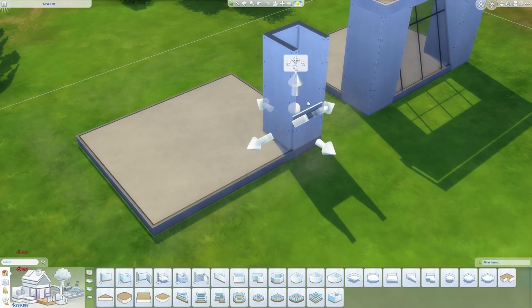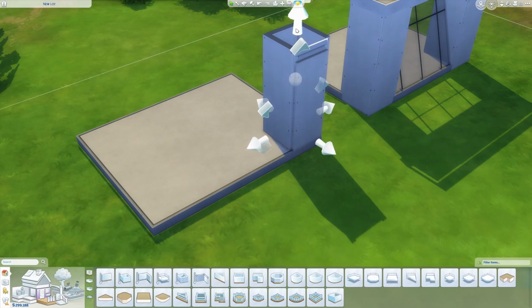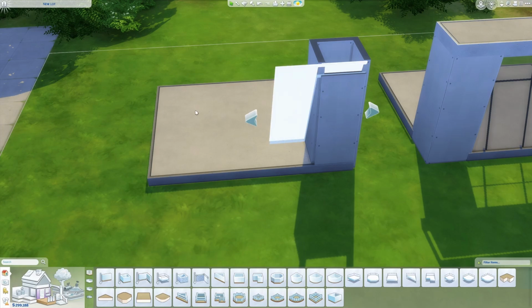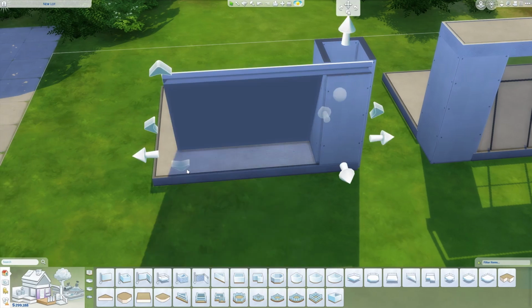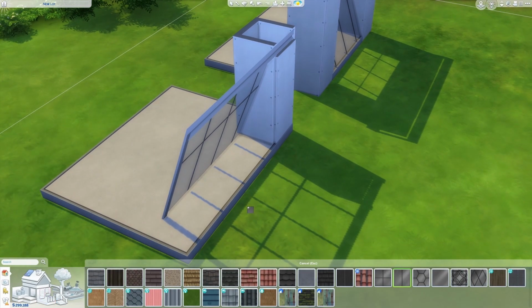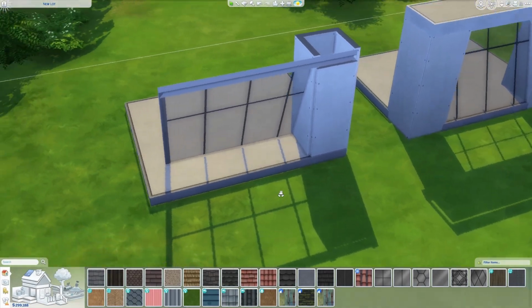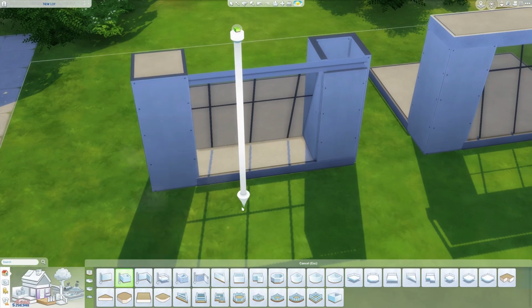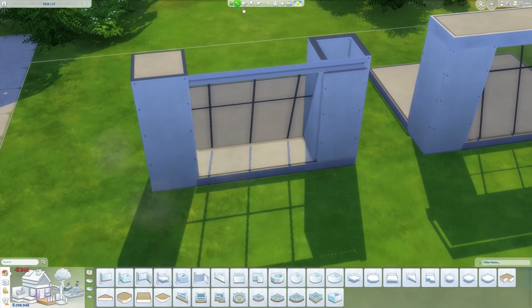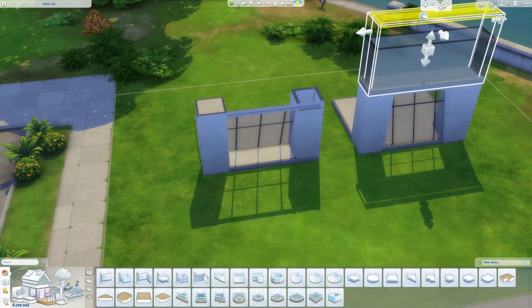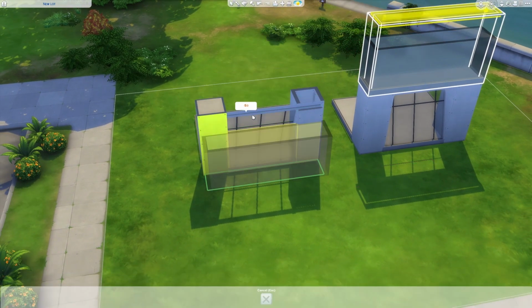Don't close it up here, extend it and align it. And then we're gonna press and hold shift and drag the roof all the way over here. And as you can see, when we grab this, we have a window that is leaning outward. So I'm just gonna quickly finish this window here as well, so you can see how it looks when it's completed. Gonna grab the platform here as well, put it on top,